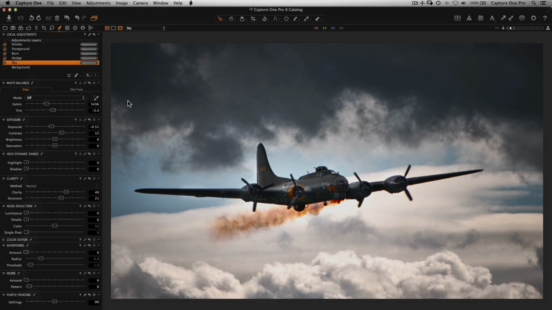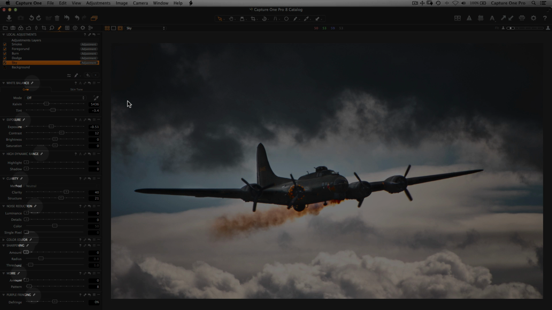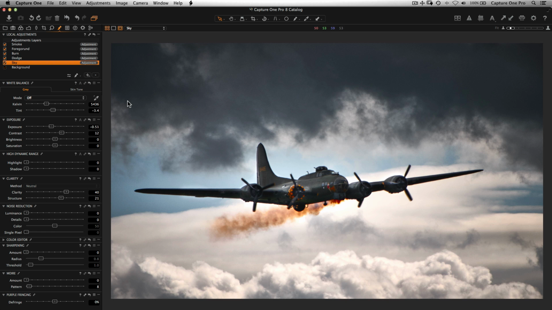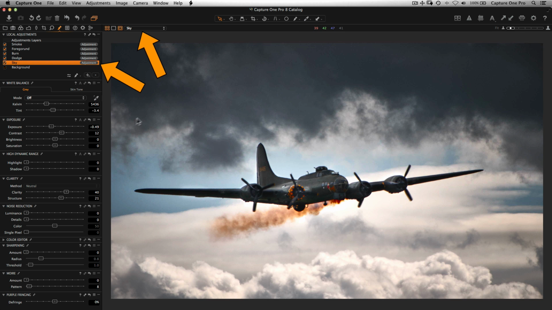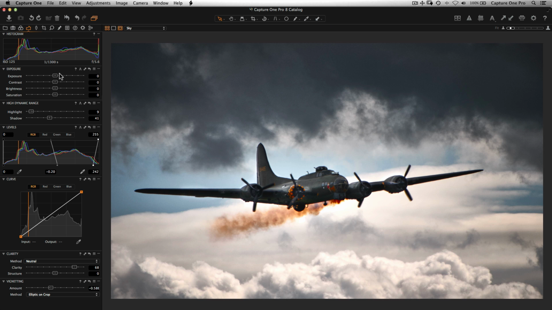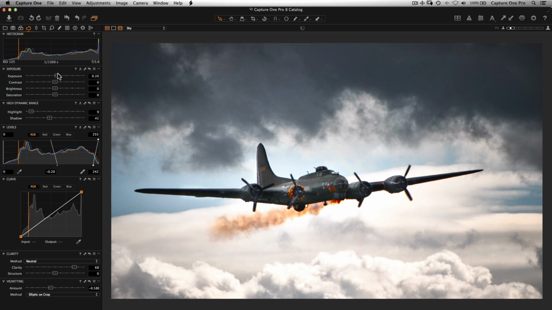Finally, notice the local adjustment icon in the menu bar of the specific tool. This means that the adjustment will be carried out on the currently selected layer, indicated here and here. This option is automatically set for the tools preloaded into the Local Adjustments tool tab in the default Capture One workspace. This conveniently means that any other tool in any other tool tab will by default affect the background layer.